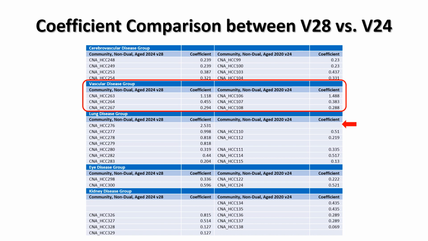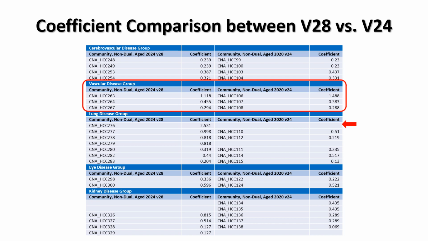In one population, this decrease in ICDs accounted for over 98% of the reduction in the number of HCCs mapped. 2-for-1 ICDs have been removed from the MA model. Under the V24 model there were 5 ICDs that mapped to both HCC 18, diabetes with complications, and HCC 108, vascular disease. Under V28, one of those 5 has been removed and the remaining 4 map only to HCC 37,